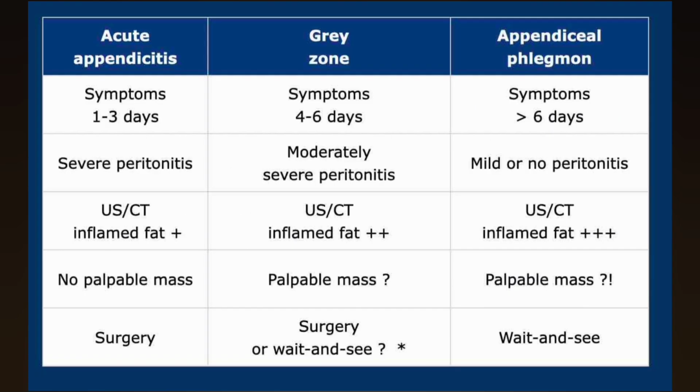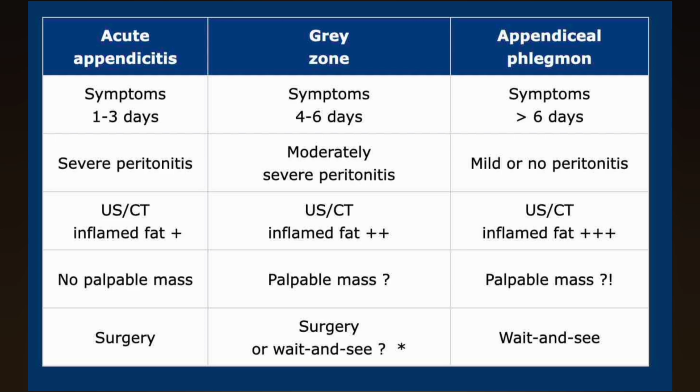Now we will discuss the different stages in the form of acute appendicitis, gray zone, and then appendiceal phlegmon. The symptoms in acute appendicitis usually remain 1 to 3 days, and then the gray zone for 4 to 6 days. And if this is not treated, then this will lead to the appendiceal phlegmon. In acute appendicitis, there will be the severe peritonitis, and the inflamed fat will be mild, while in the gray zone, there is moderate to severe peritonitis, and the ultrasound will show moderately inflamed fat, while on the appendiceal phlegmon